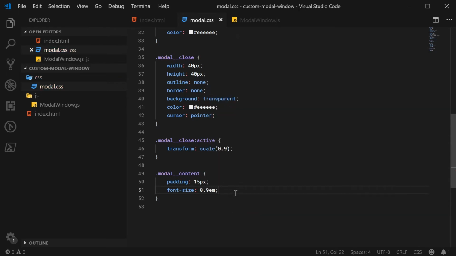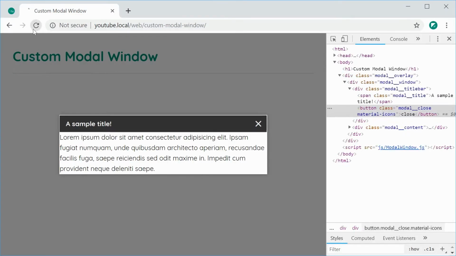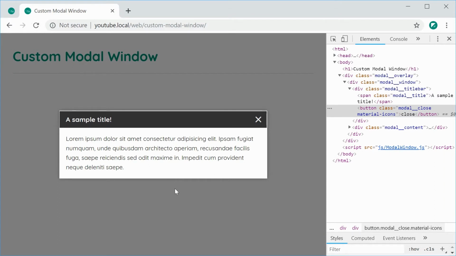So this means basically it's going to be 90% of the 16px we defined up here. I can save this and refresh, and we get our final result. Perfect. Okay, so now let's go inside the JavaScript and add some methods and APIs to actually use the modal